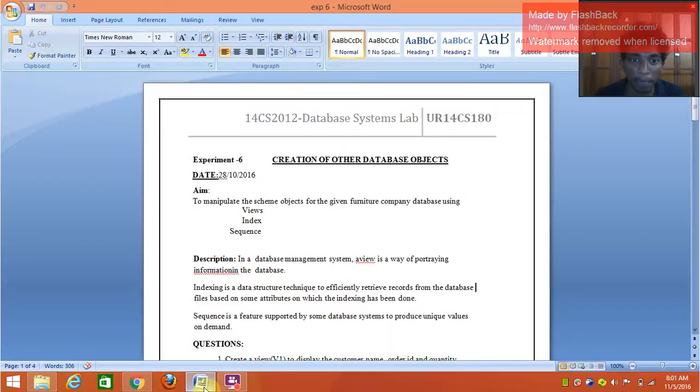This is my sixth experiment of database. This one is creation of other database objects. Its aim is to implement and manipulate the schema objects for the given furniture company database using views, index, and